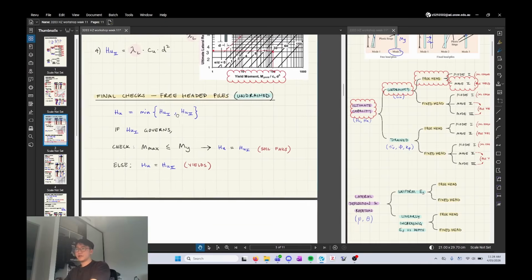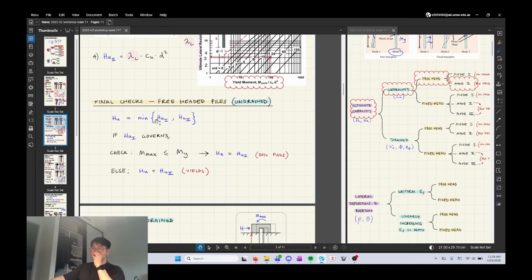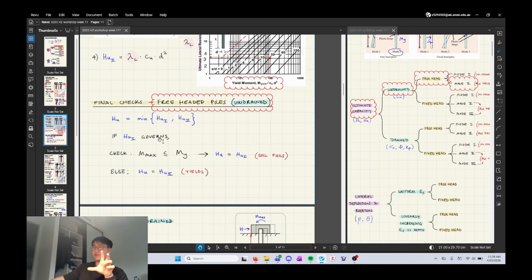Okay, so now the final checks. The idea is that we're checking a free head pile that's undrained. These are things that we knew before we even launched into the equations. This is just something you figure out by looking at your scenario. What you have to do is figure out from mode 1 and mode 2 what the minimum was. And if the first mode governed, you have to do a sanity check to make sure the maximum moment that was applied